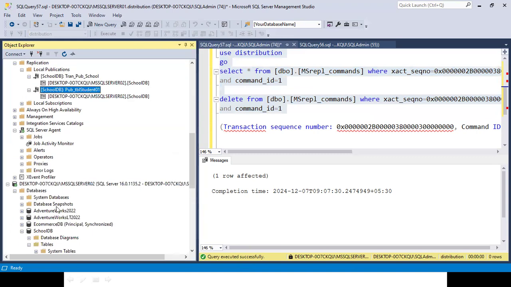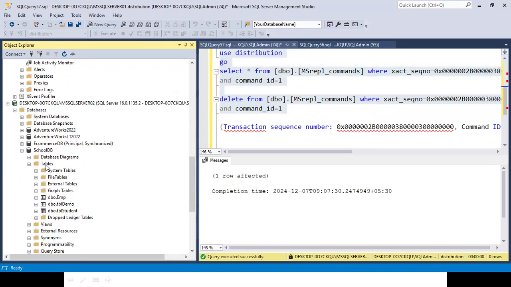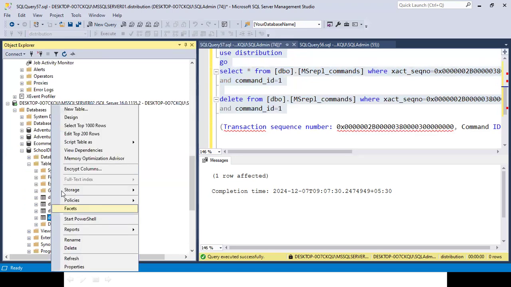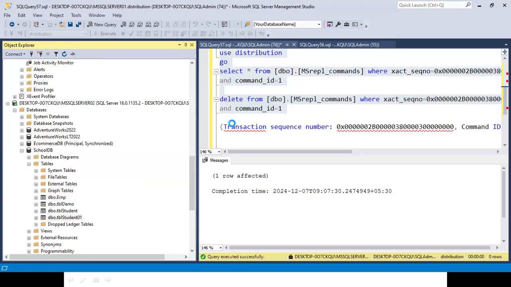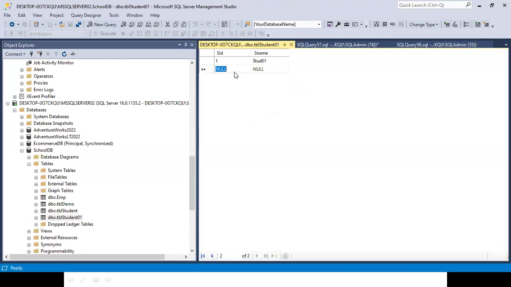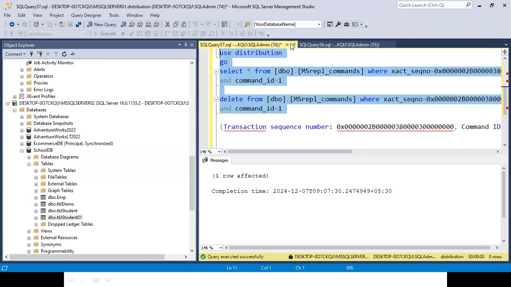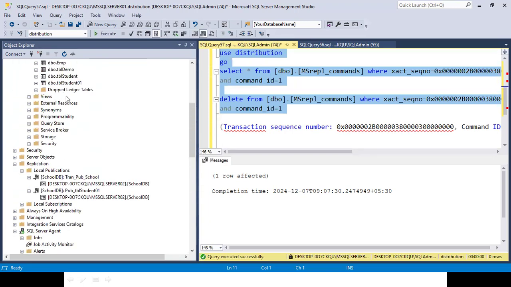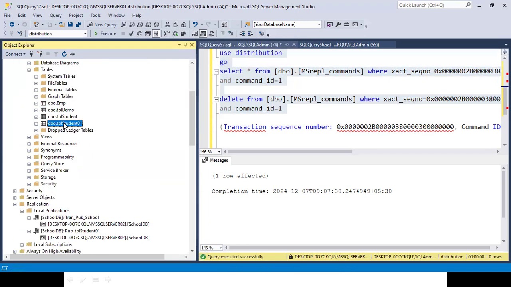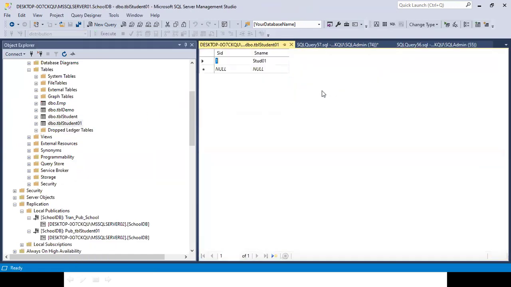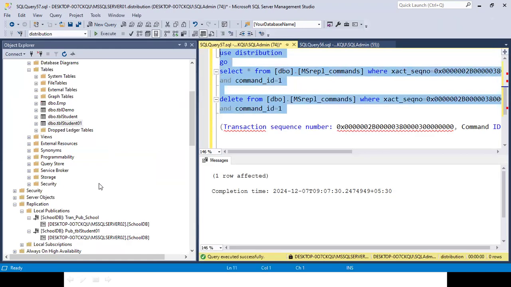Let's suppose I added the same record into the subscriber, and if I'm facing any problem, I can reinitialize only this table instead of the whole publication. I want to add 2 and here I'm going to add 02. And the same record, if I try to add it here, it's an independent publication we have. It's a 2 and here I'm going with a 2. We can say it's independent.